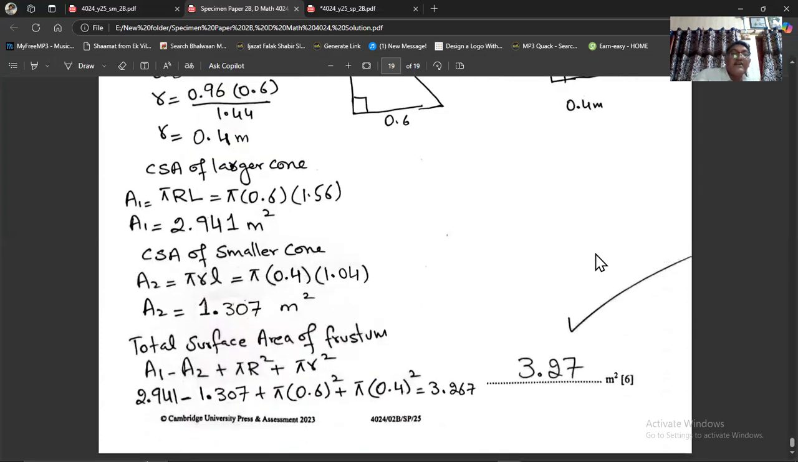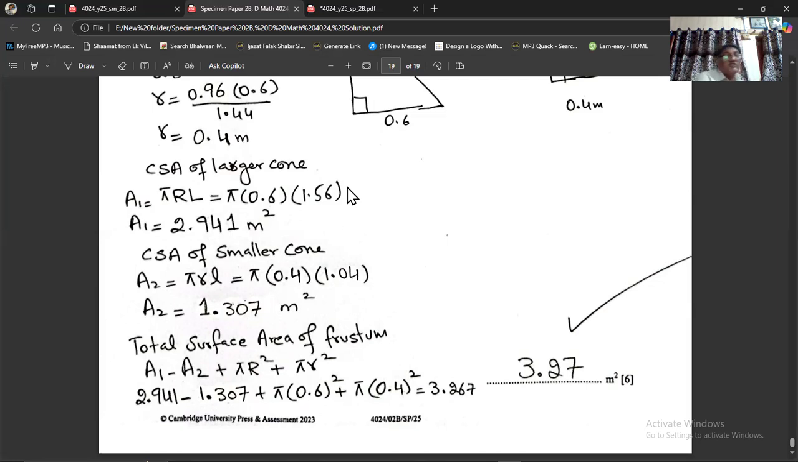Okay, then I will find the curved surface area of the larger cone. The curved surface area of the larger cone will be pi r L, that is pi multiplied by 0.6 multiplied by 1.56. The slant height of the larger cone is 1.56, and the radius is 0.6. So its curved surface area will be 2.941 meters squared. The curved surface area of the smaller cone will be A2 equals pi r l, that is pi into 0.4 into 1.04, and that will be